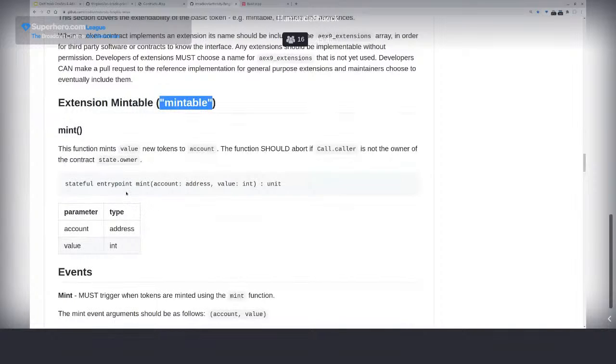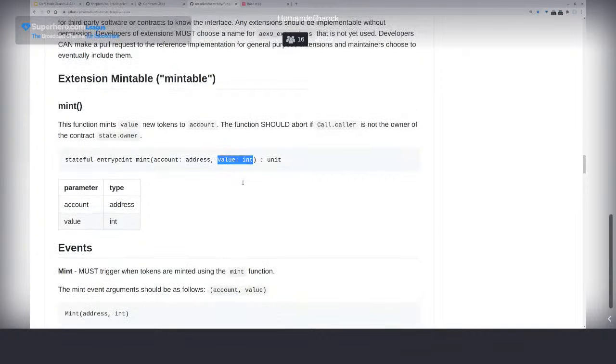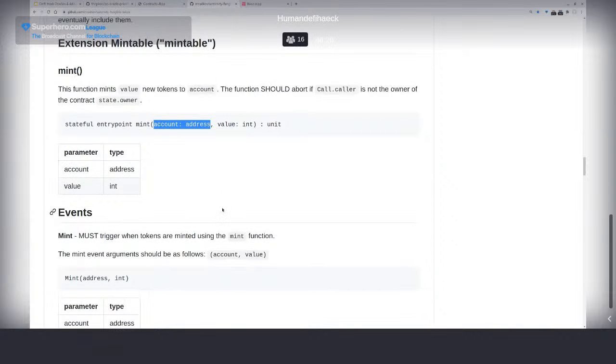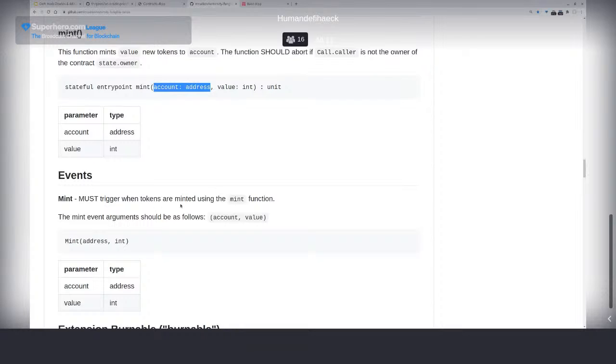And then we also have to, of course, provide the mint function. Minting means creating new tokens for an account out of nowhere. So we provide the account and the value of tokens that should be minted. And here, there's no checks done, but you can, of course, implement your own logic inside of this mint function to say there's a